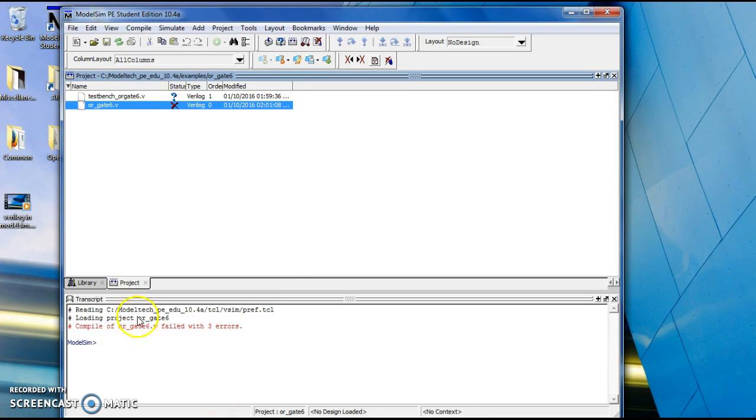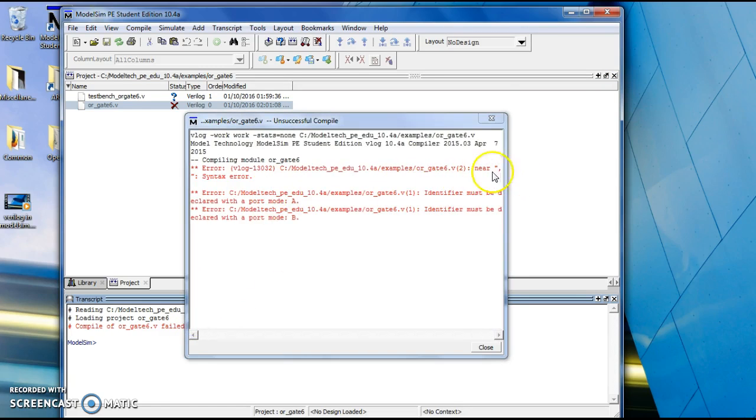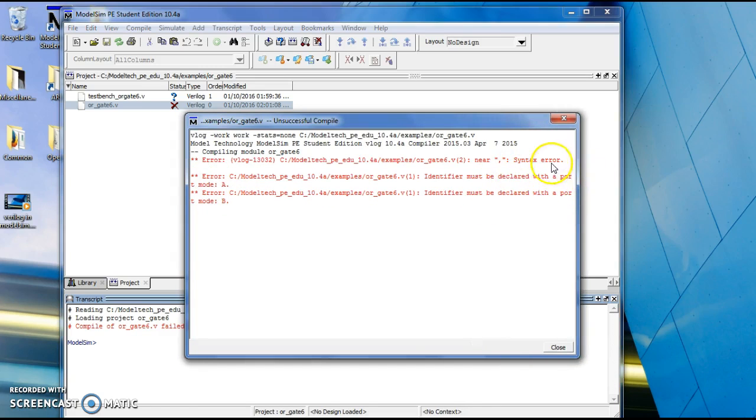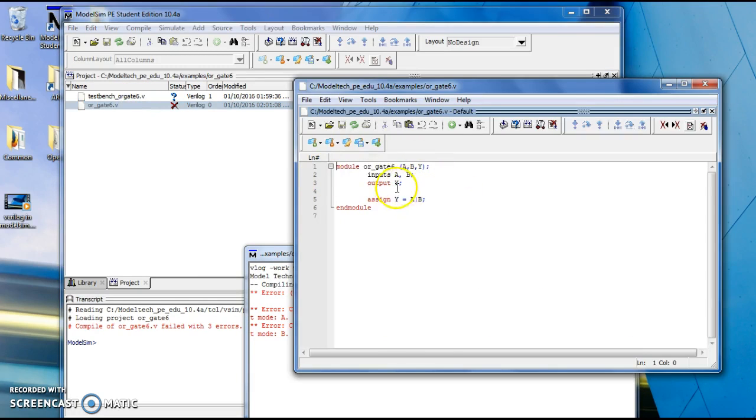selected. Now you see here, compile of this failed with 3 errors. Let's see where those errors are. We know it's in the inputs, right? Double click. It says syntax error in line 1 and line 2, right? And we know where those errors are. So you can click the editor again, and you know our editor has an error here, right? Alright, so we fix that. Then you see the keyword again highlighted with red. Save it. You can close this,